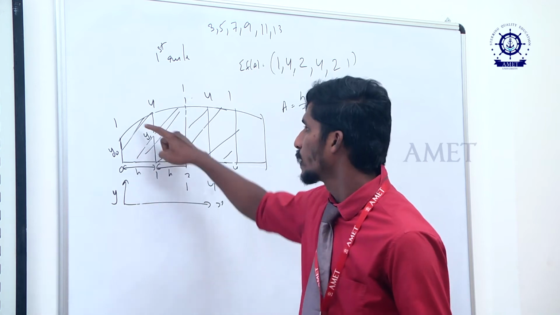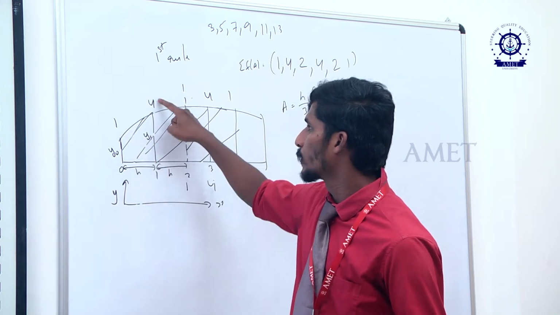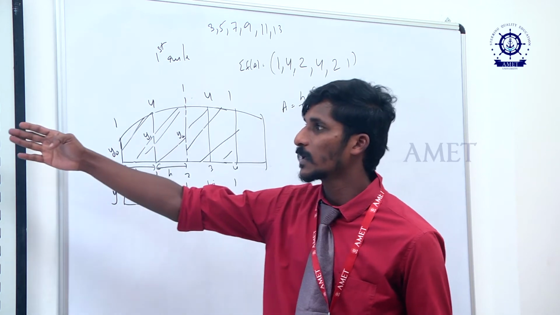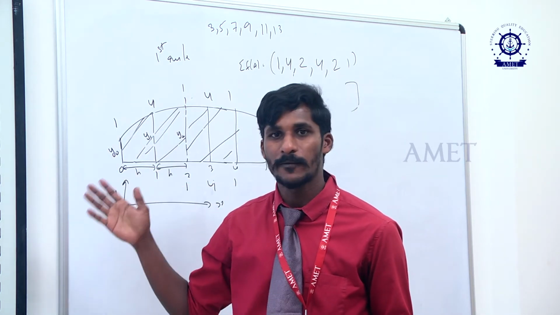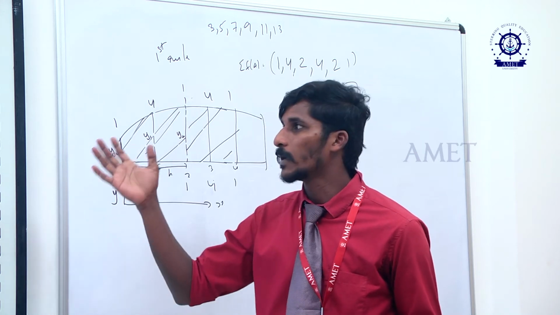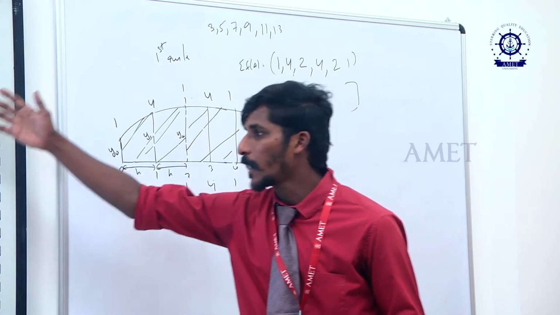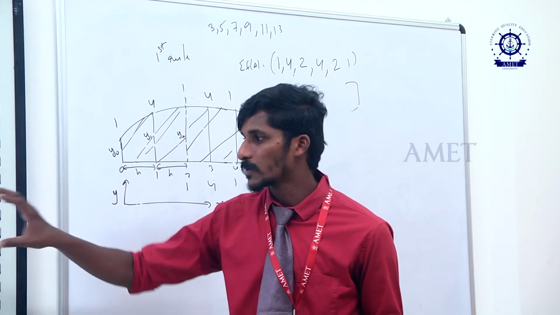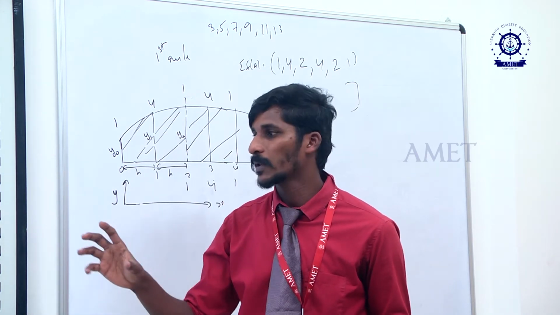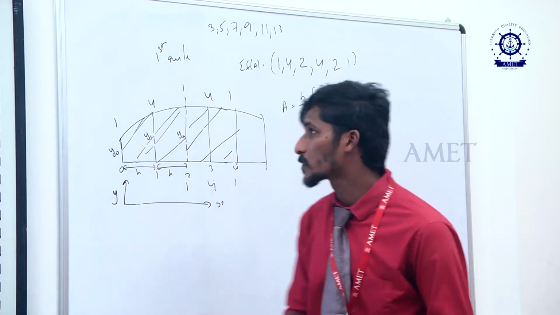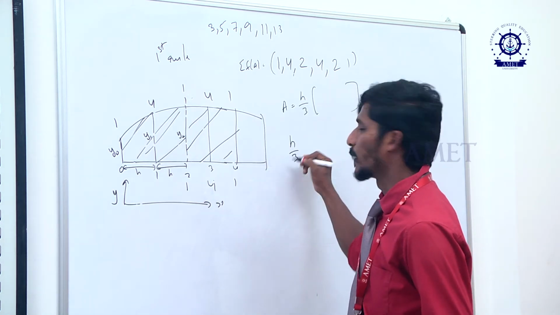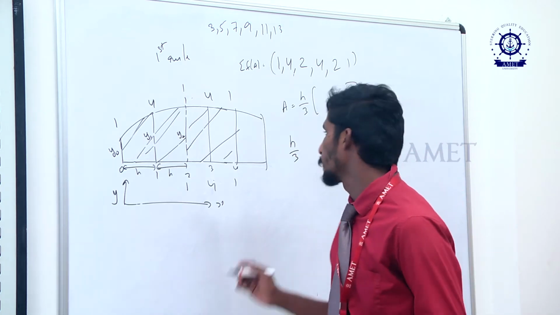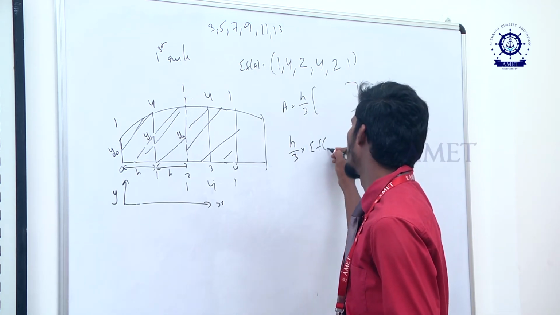Now Simpsonize. 1 will multiply with y0, 4 will multiply with y1, and 2 will multiply with y2, like that. That gives a function of area. F of a is equal to y into the Simpson multiplier, and adding all those gives the summation of f of a. What summation you got should be multiplied with h by 3. If I am applying the first rule, you have to multiply with h by 3, where h is the equal spacing, multiplied by sigma f of a.